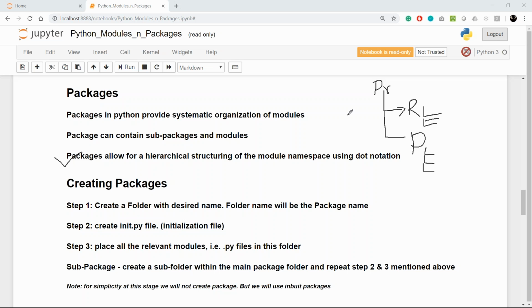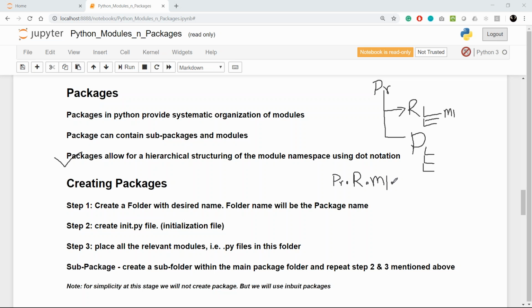What it means is, if now I have to access a module M1, let me just name it for convenience, M1. If I have to now refer to that, what I have to say is PR.R.M1, and if anything is inside that, I may have to start referring to it like this: the variable name,